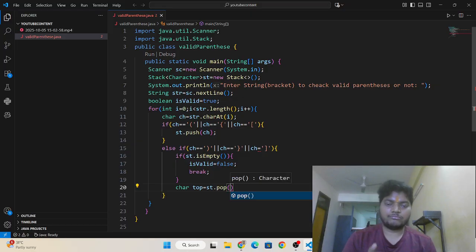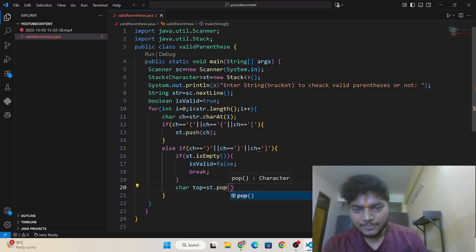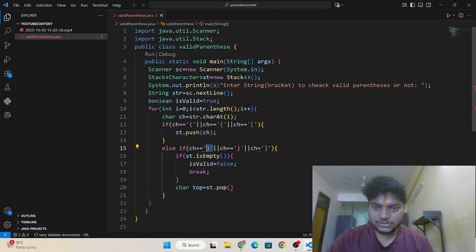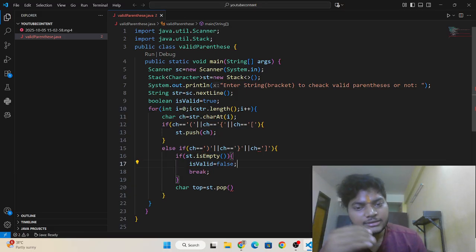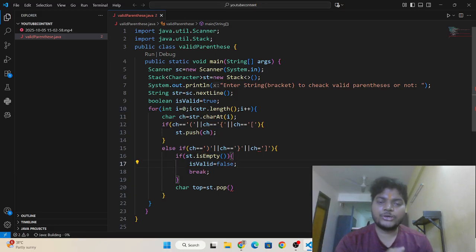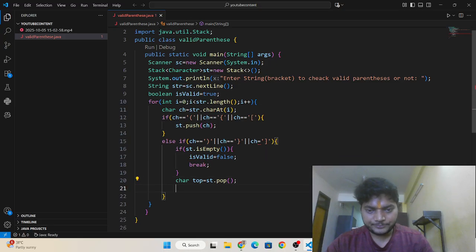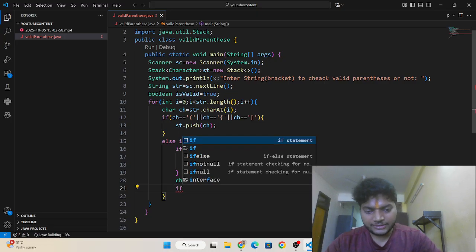If we do not find it empty, that is, if we get an opening bracket, then we are going to pop each character from the stack into char top. Okay, and after the pop I am going to write an if condition,